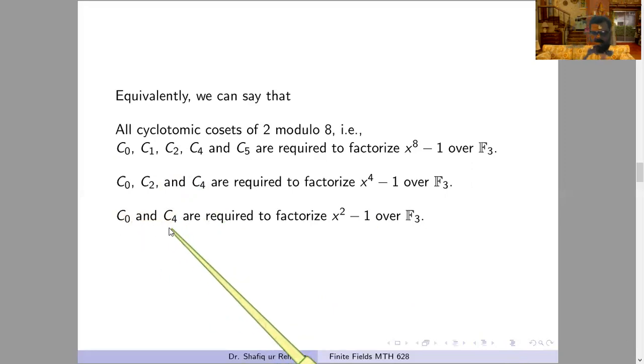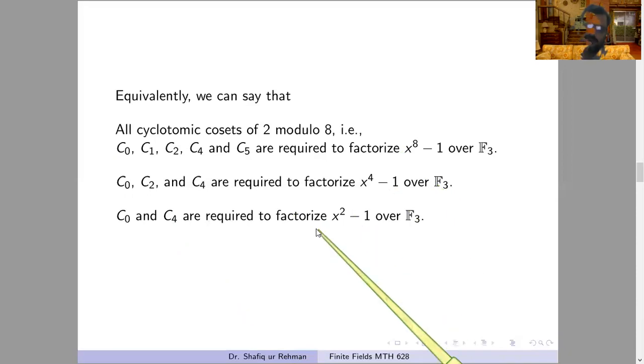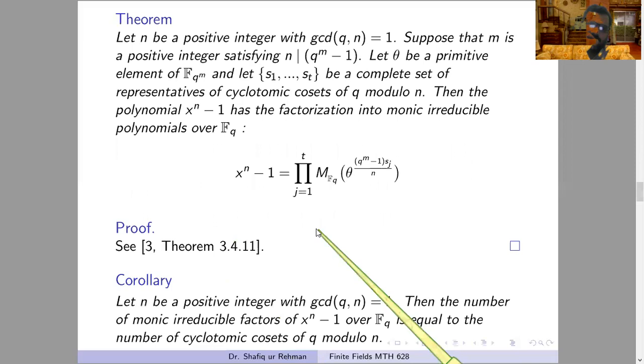So from here we get an idea for deciding the set of cyclotomic cosets. In general, we have some idea here that we will divide this number by this number, and we will take here only those cyclotomic cosets. That is 8 over 2. So our next plan is to prove this result in general.